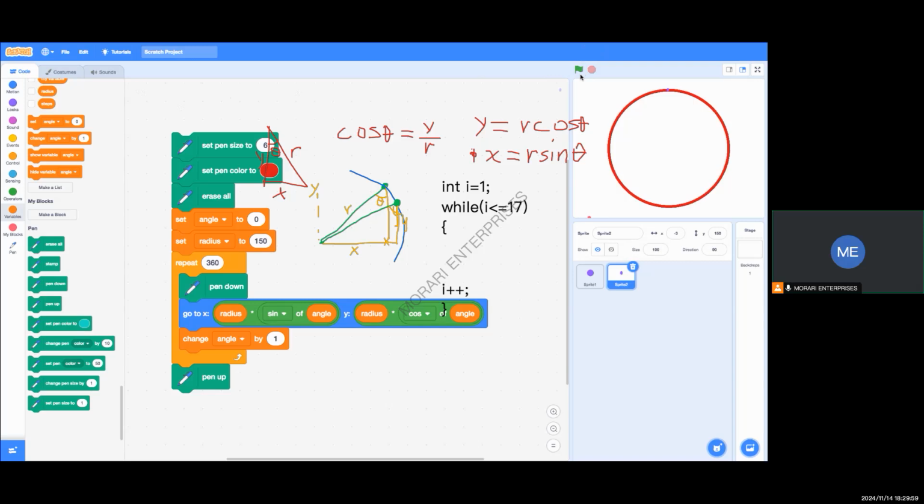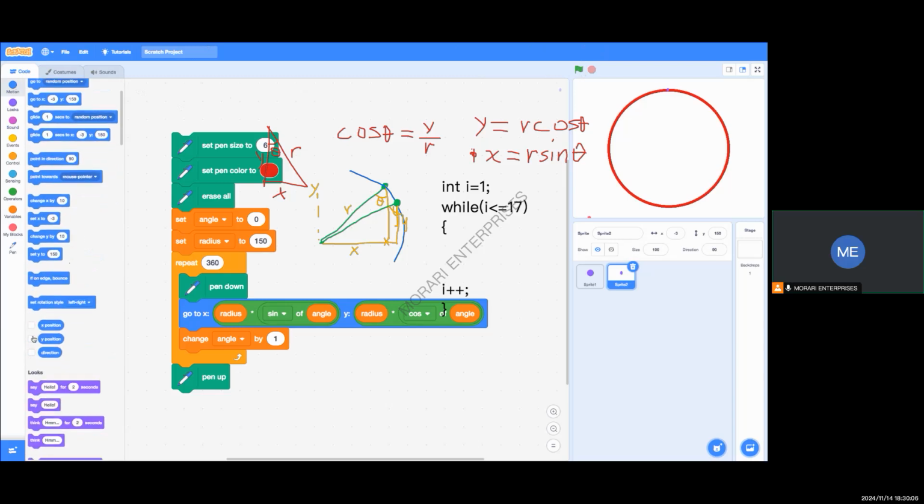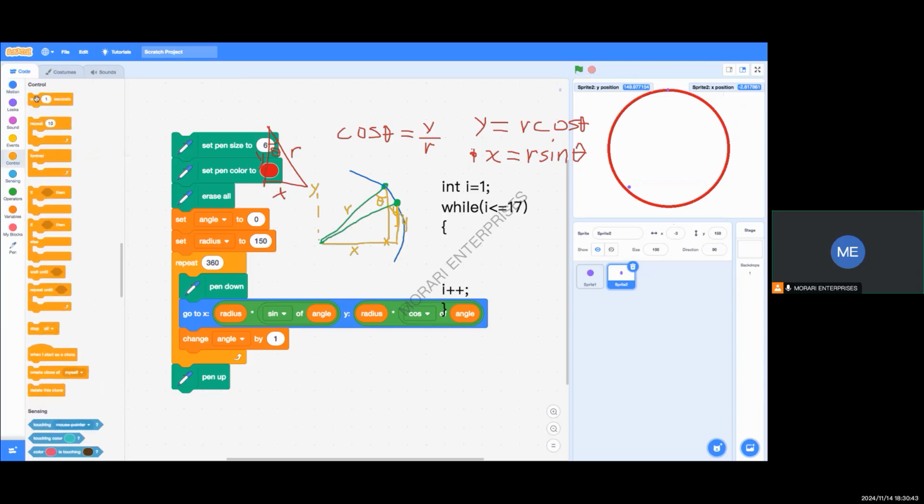So if you want to watch your x and y position there, you can also go to motion and put your x and y position on the board. And then you do this. Okay, so x position. When they start, I need to put a thing to slow them down. So we put